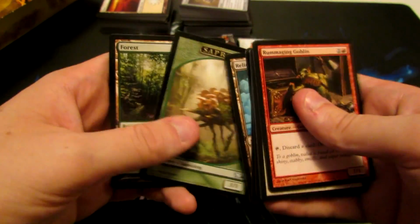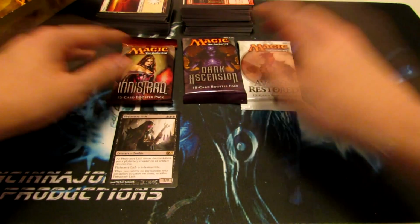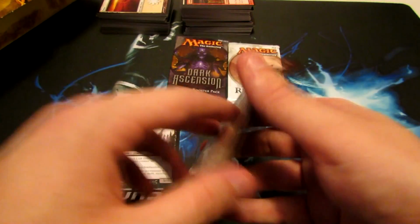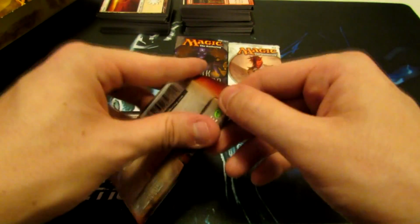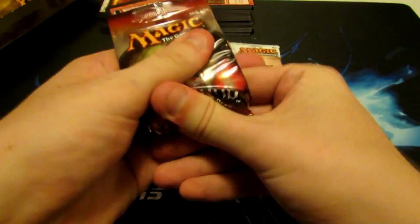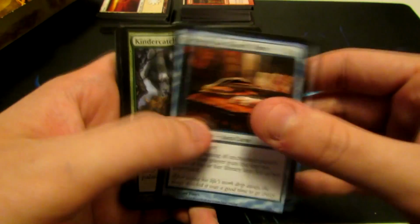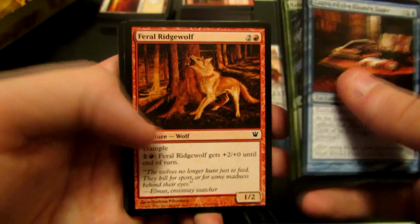Now we get a token and a forest. So we're gonna put those commons and uncommons with the rest of these. And yeah, let's go with Innistrad. We're going to start with the old ones and work our way to Avacyn Restored, which is the newest set of the Innistrad block. Alright, so we have Curse of the Bloody Tomb, Kindercatch, Feral Ridgewolf,